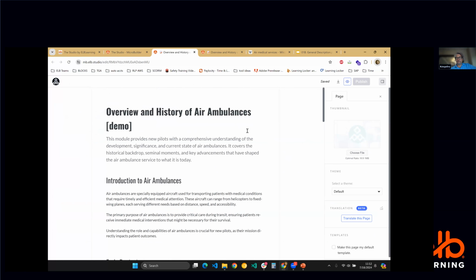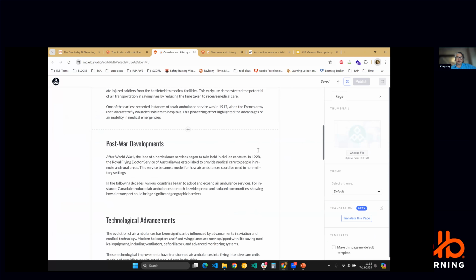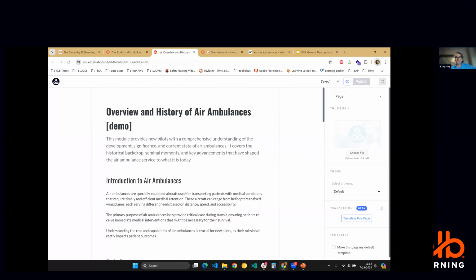And so this is just an example one that I kind of threw together for our demo. That's why it has the word demo in the title there. An overview of the history of ambulances. And so just to familiarize yourself a little bit with the interface here, off to the side, we have a